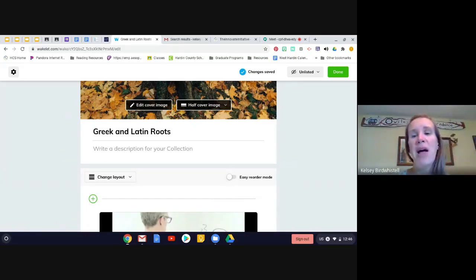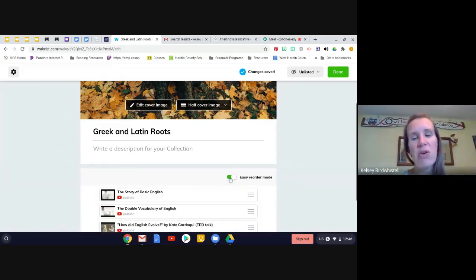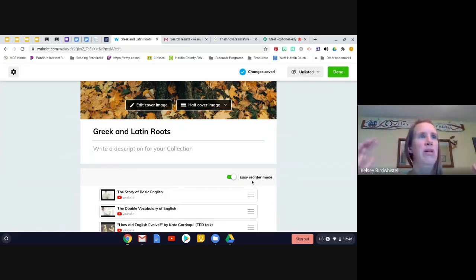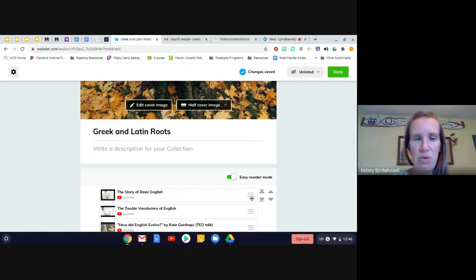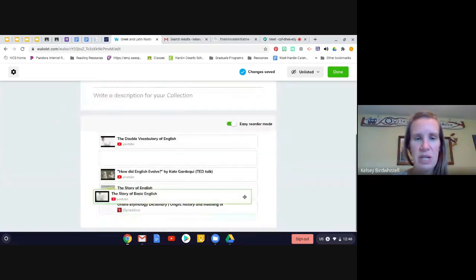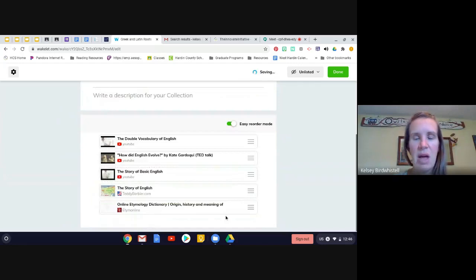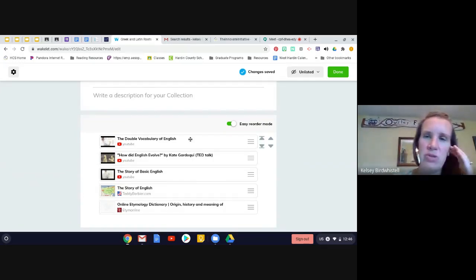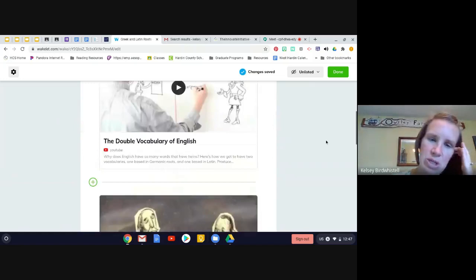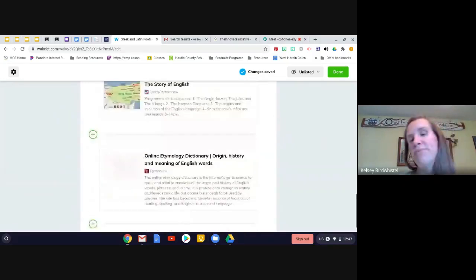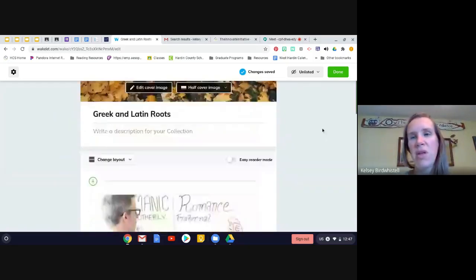One thing that always hung me up about Classroom, and I don't know if they've changed it or not, but I like this easy reorder mode because sometimes I would get ahead of myself and post something above or below and instructions got kind of jumbled. This makes it really easy to move things around. You can just drag and drop or send things to the bottom or send things to the top. And that kind of helps when you're organizing for what you want your kids to see, or for somebody else who's collaborating with you to see. Once I'm done, I can just turn that off, and then it'll show it to me in the format that I want it to show me. Okay.